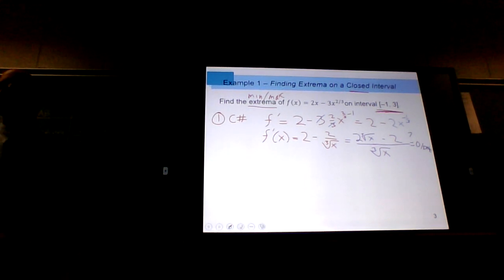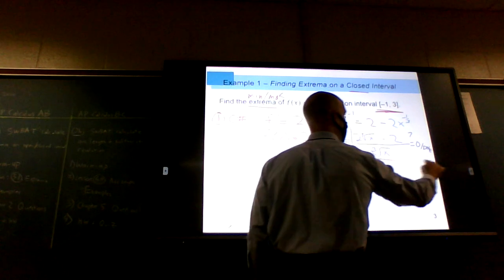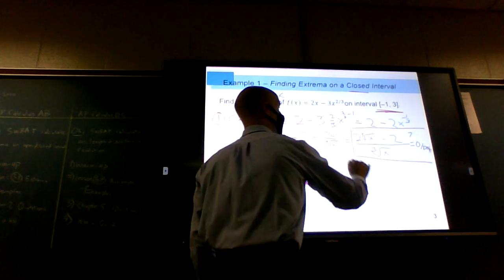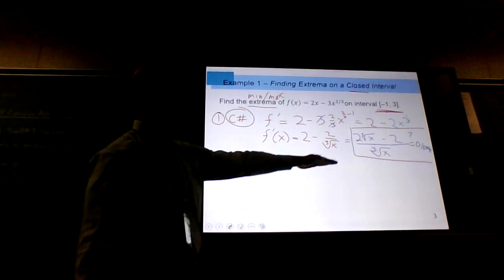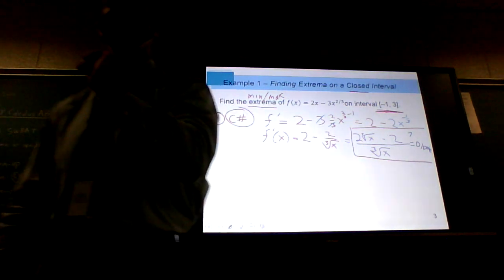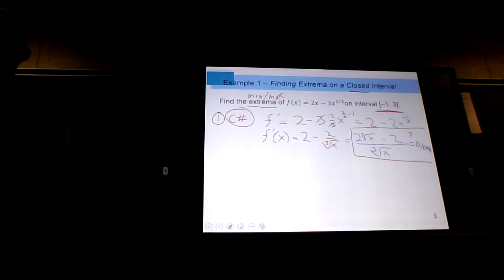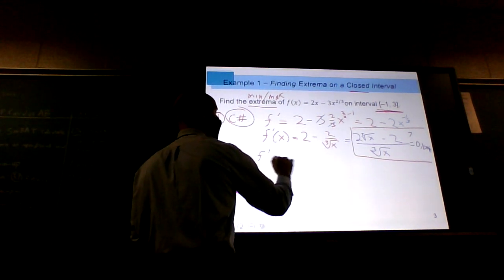And now what I'm getting ready to say is going to be really important for the rest of this chapter. In fact, I should maybe emphasize this right here. I'm trying to find those critical numbers, right? I have a fraction, and I'm curious when it's 0 or DNE. When will it be DNE? When the denominator is 0. Correct. So f prime will be DNE